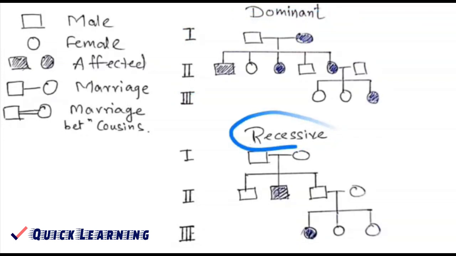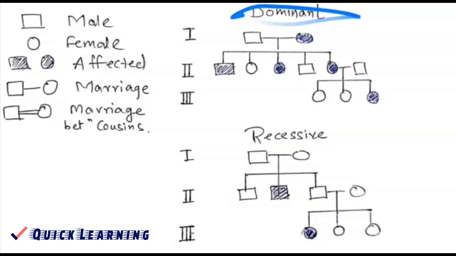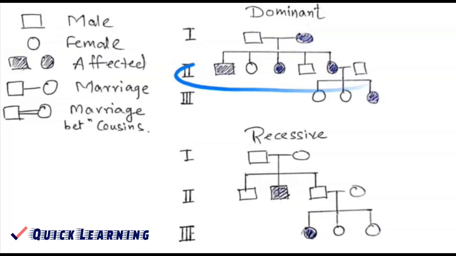The first thing, in case of the dominant form, this is the first generation. As I have told you, this is the case of marriage. Marriage has taken place, but the female is affected here. You can easily check that the female is affected. In the next generation, they have how many children? 1, 2, 3, 4, 5. They have 5. This square is not their child. Rather, this is called an outsider.